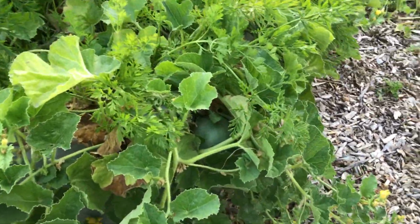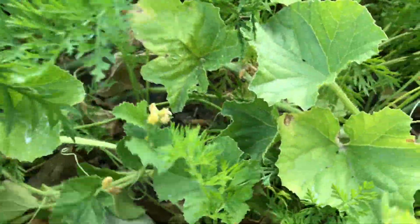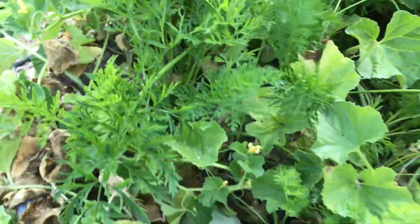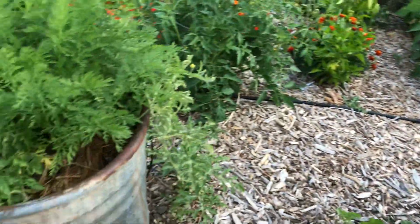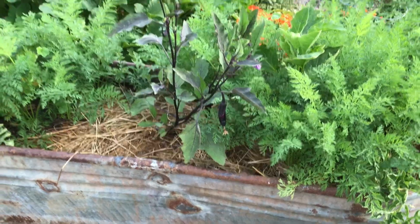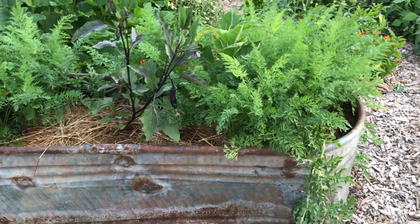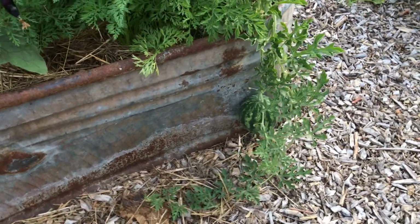And then this looks really similar. I don't know. There's a lot of melons in here, so I'm excited about that. And so then this last cow tank, I guess you'd say, has carrots and watermelon, and there's a watermelon in there, and here's one that's